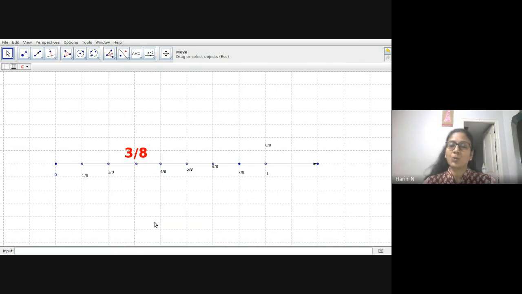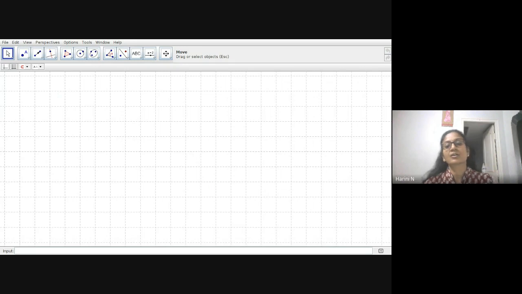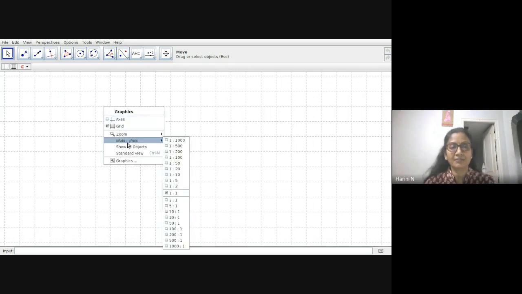So now what we will do is we will select a negative rational and see how we can represent it on the number line. So we will take up another number line now and see how we can represent that. So we will open a new one. I hope you've understood. So this is our new one, which we have taken now, a new tab where I can create more space for the next rational that I am trying to represent.